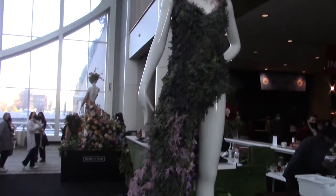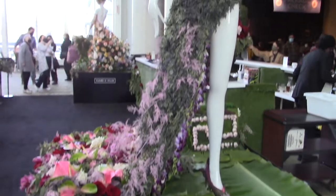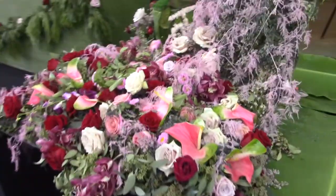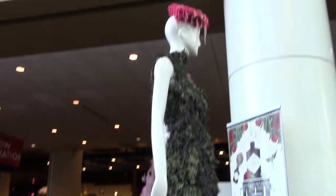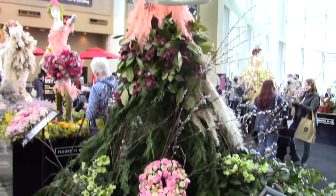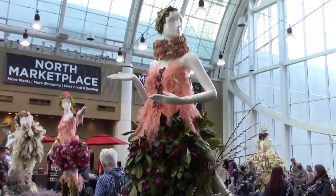Let's go. Our first stop is on the Sky Bridge, where there's this beautiful display of fashion created by flowers. It's just so outside the norm, I've got to show you. Take a look. This is what I'm talking about. It is fashion created from flowers. And you can see